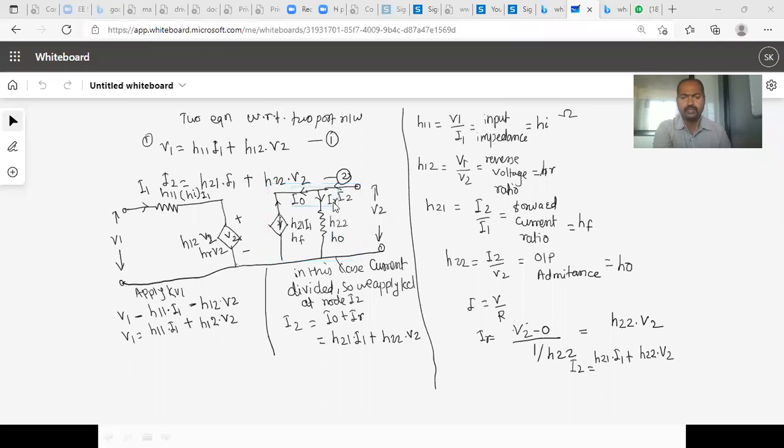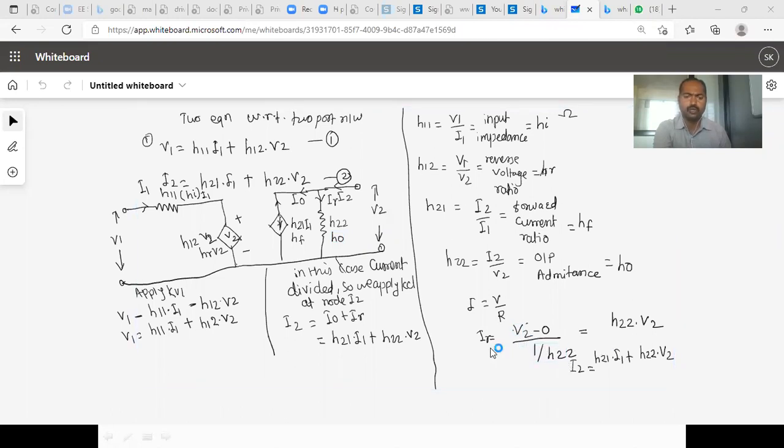So we don't calculate IR directly. We know that I equals phi upon R, so we just calculate the same thing. Here is one voltage, here is another voltage. This voltage is nothing but the applied voltage, that is V2. Here it is 0. So V2 minus 0, and this is H22. This is not a pure resistance, it is an admittance. So its value is 1 by H22. So V2 minus 0 divided by 1 by H22. This H22 goes to the upper side. So this is nothing but H22 V2.